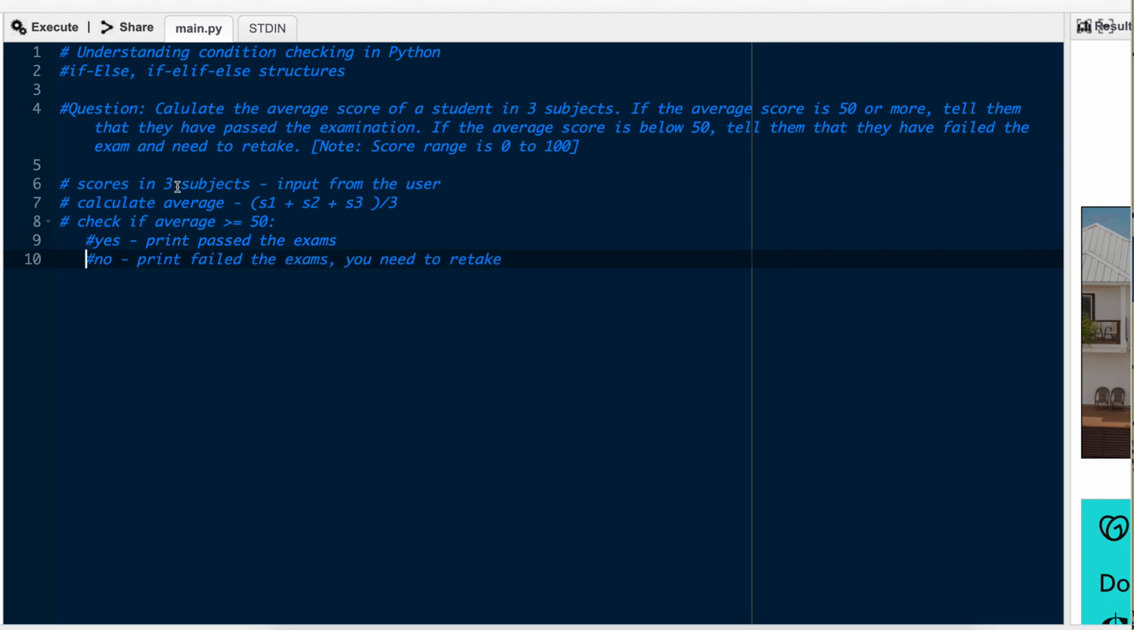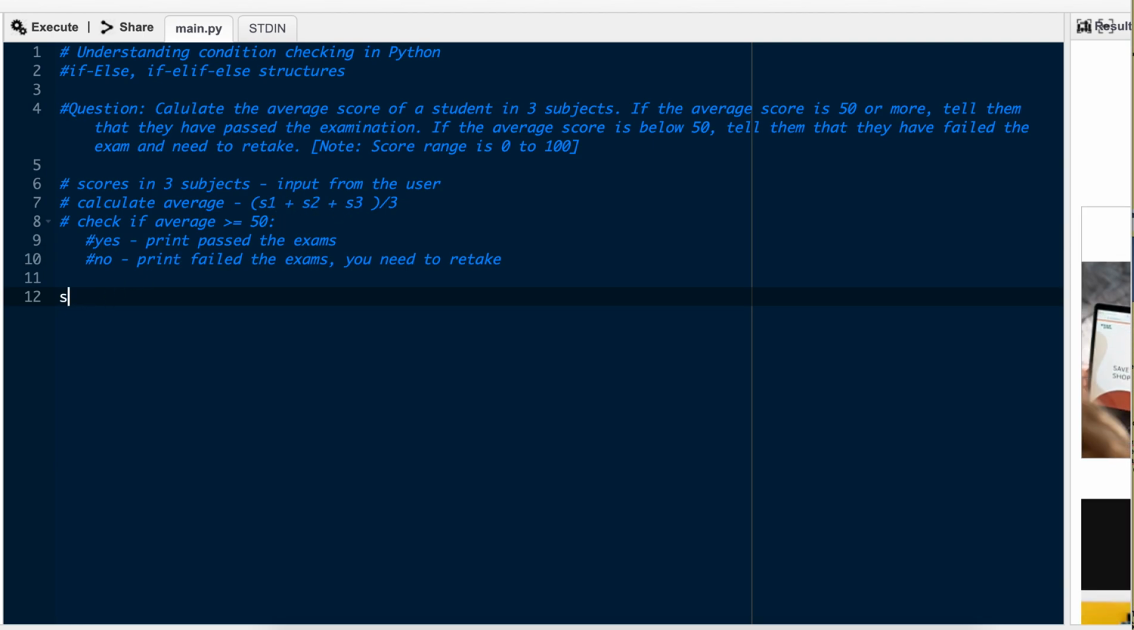Okay, based on the question that's given, these are the steps that we are going to work on. So now let's start putting this into code. The first thing that we need to do is to get input from the user. We're going to store it in 3 variables, S1, S2, and S3. So I will put S1 equal to input,